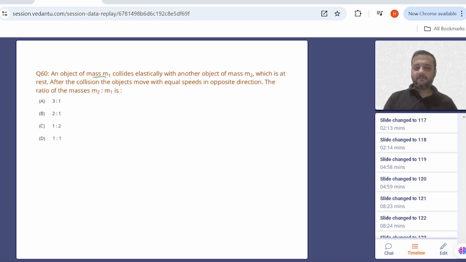An object of mass m1 collides elastically with another object of mass m2, which is at rest. After the collision, the object moves with equal speed in the opposite direction. The ratio of m2 to m1. So in here, let's say this is an object of mass m1, which was moving at an initial speed of u1, and m2 was at rest. Now after the collision, what happens? M1, let's say it moves back at the speed v,